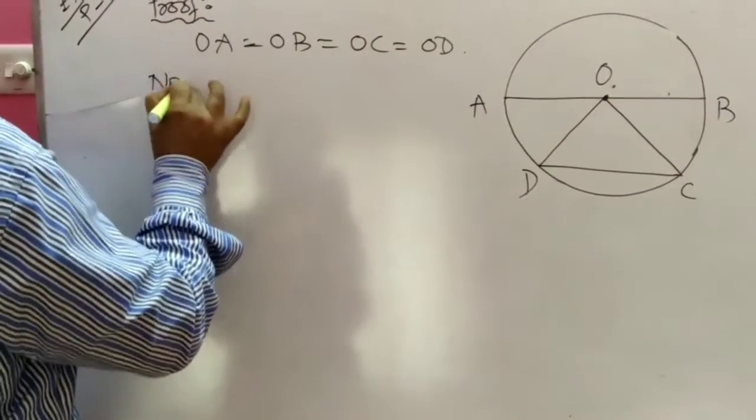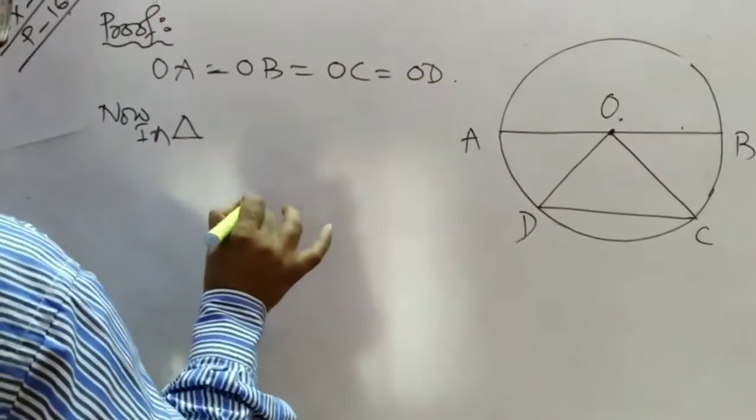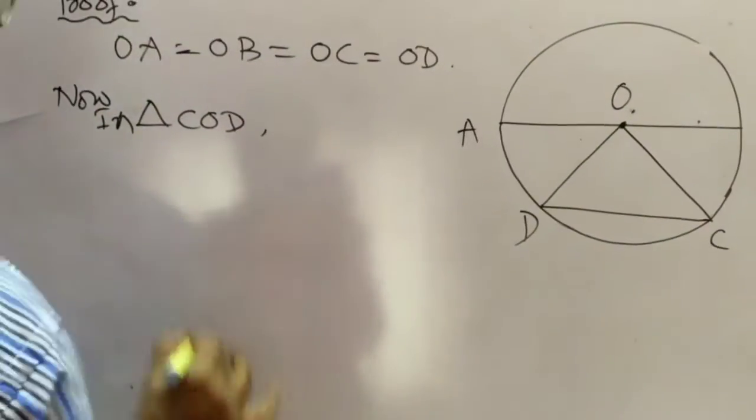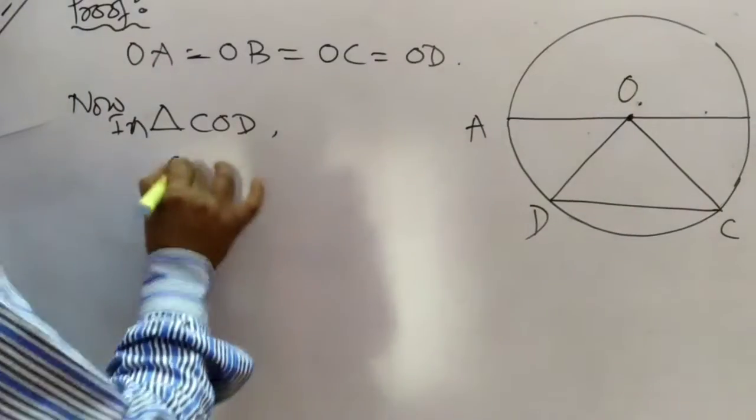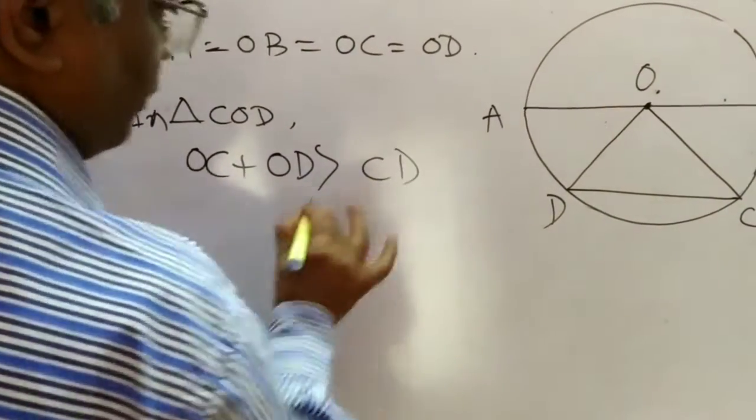So now in triangle COD কি লিখতে পারি আমরা? OC plus OD greater than CD।